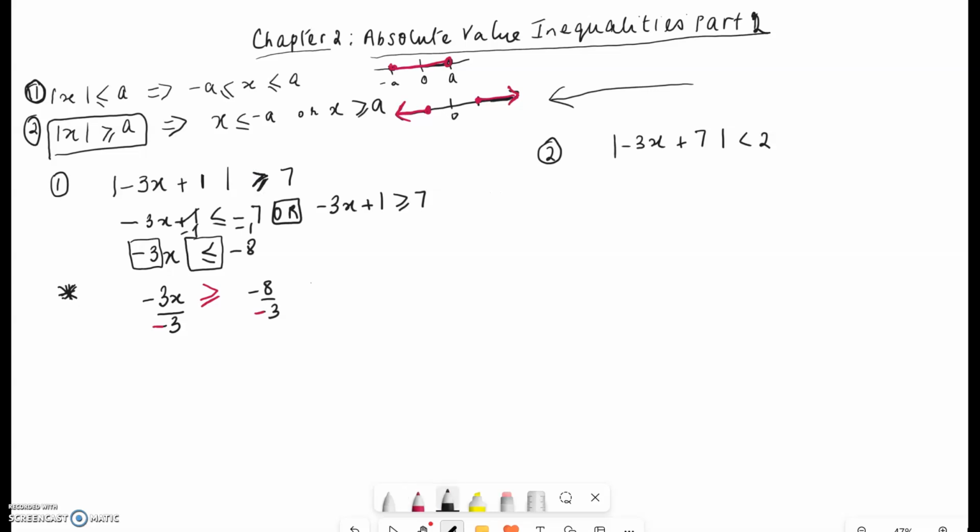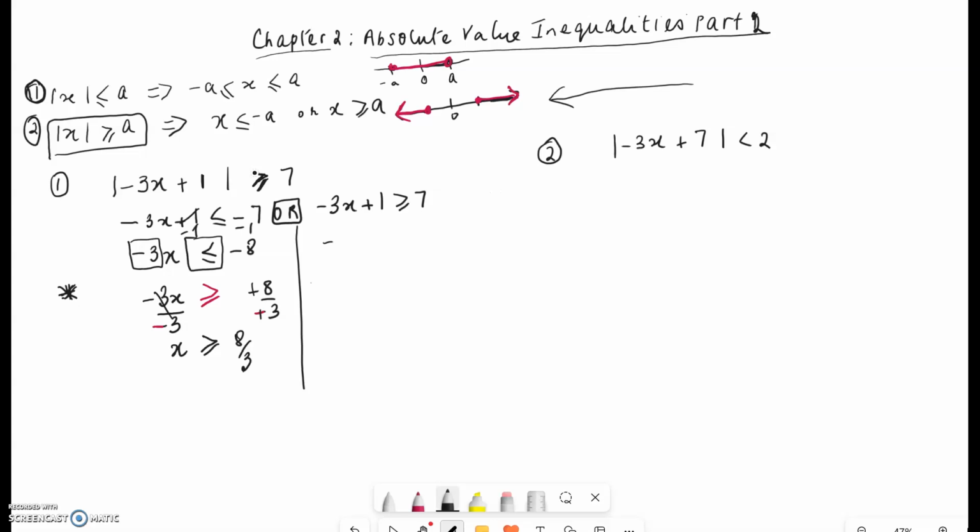So now we have everything else remains the same except the switching of the direction of the inequality from less than or equal to greater than or equal to. These two cancel each other out and you get 8/3. So x is greater than or equal to 8/3, or